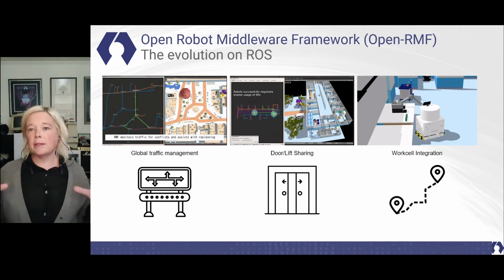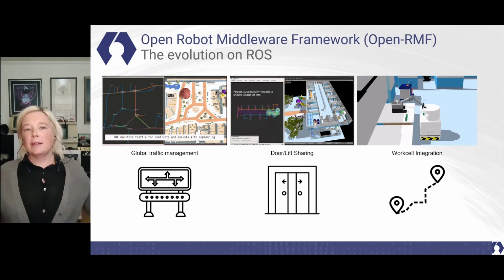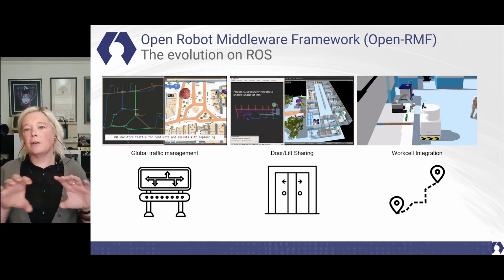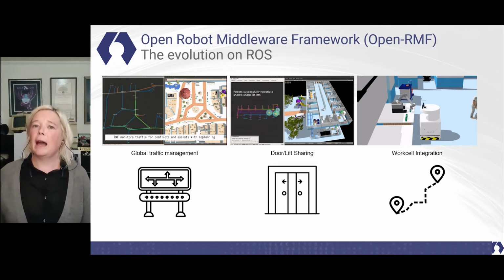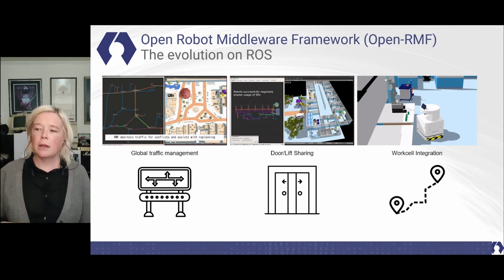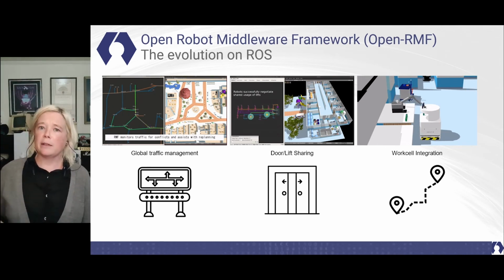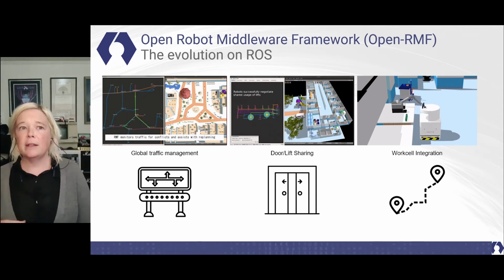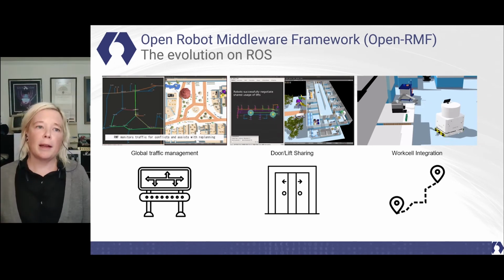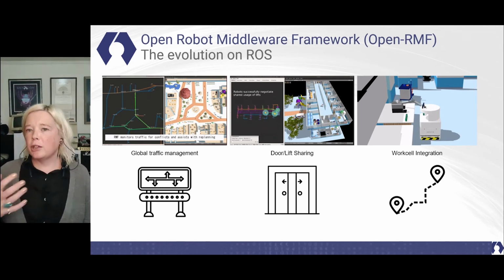And essentially it's a layer that exists on top of ROS and can also integrate with other robot vendors, as long as they have some sort of API, as long as you can control that robot programmatically to some degree, whether it's start, stop, or give it waypoints, or something more complex than that, you should be able to integrate it into this thing that we're calling OpenRMF and get a bunch of capabilities